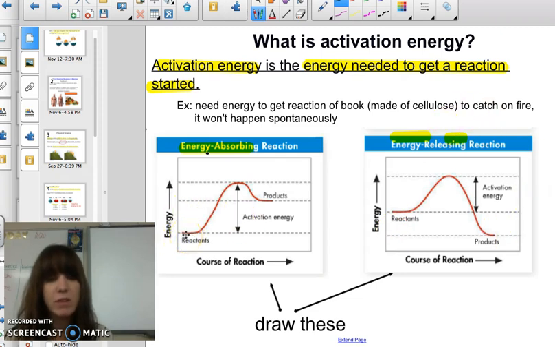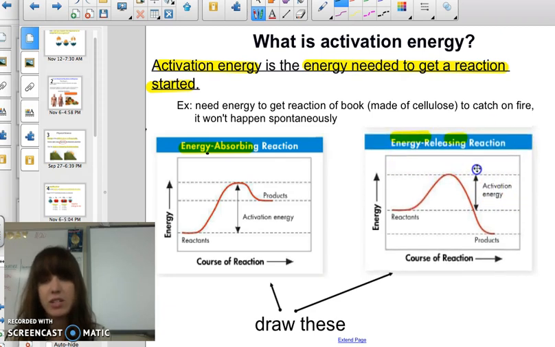If we're talking about the amount of energy it takes to do a reaction over time, the energy-absorbing reactants are going to start out with less energy than what they end with. The reactants form new products, and it takes a certain amount of energy to get going, but it's going to end up absorbing energy at the end. On the other side, the opposite of that, energy-releasing reactions: when reactants form new products, it still takes energy to do it, but then at the end it has released a bunch of energy and has formed new products.